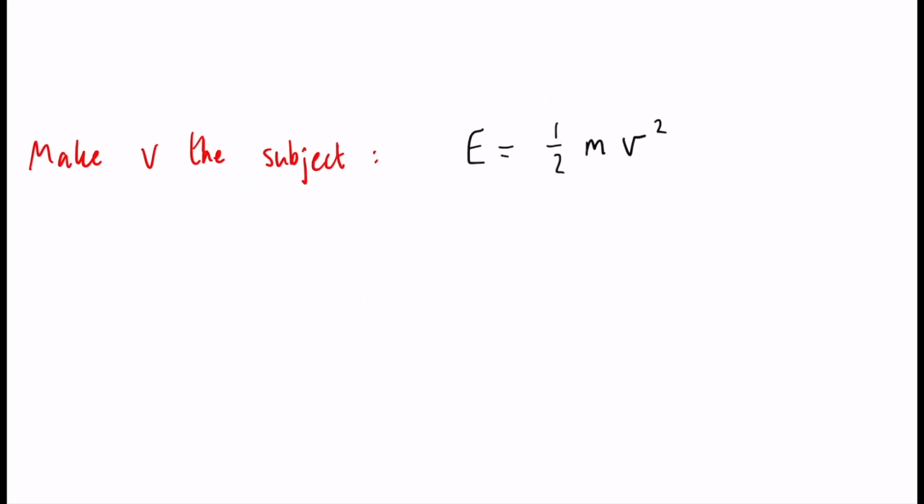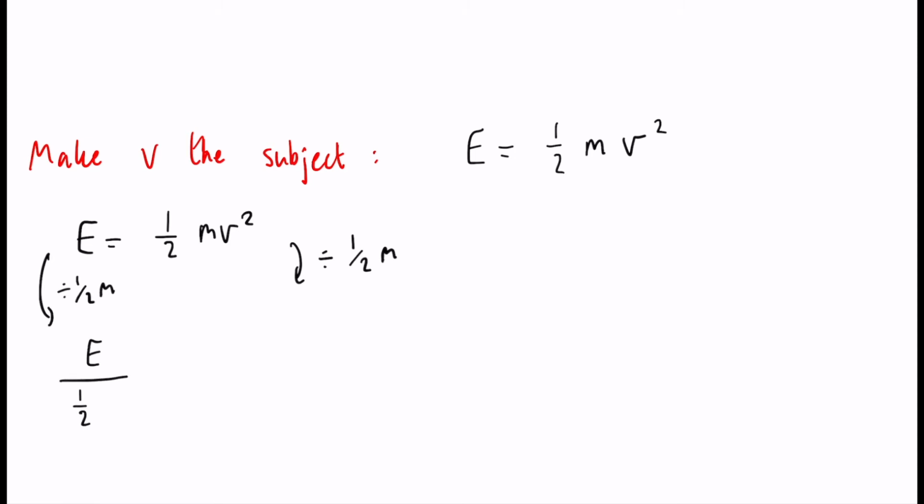Okay, on to our final question now. This is the hardest of the 3. We want to make v the subject of the equation. So again, if we rewrite it out, we want to isolate our v, or v squared first of all. And to do that, we have to notice that the half and the m are being multiplied with that v on the right hand side. So to get rid of them, we must divide by half m. So that is going to leave us with e divided by half m